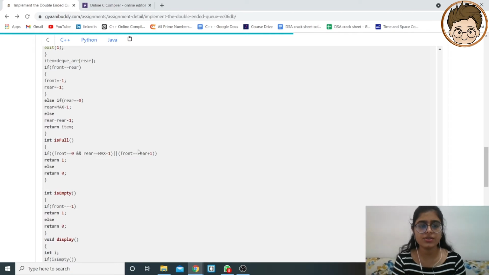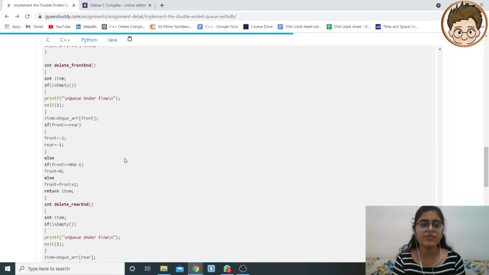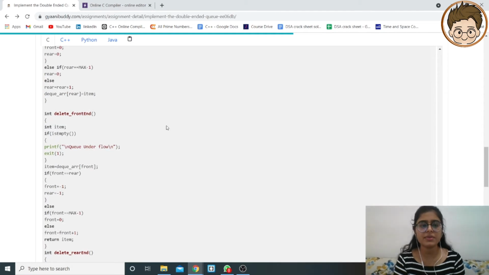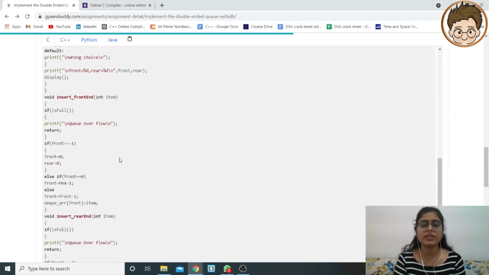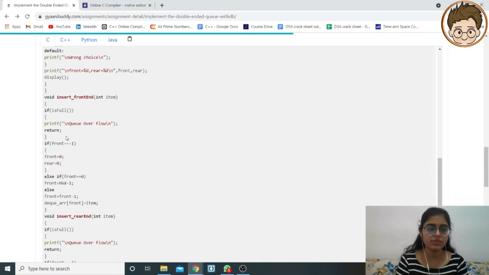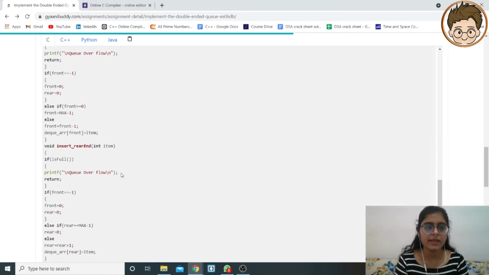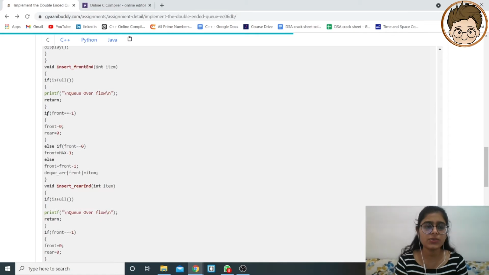This is the condition which I have already explained before. If this condition is satisfied, it will return 1, otherwise it will return 0. If it returns 1, then we print the message overflow, but if it does not return 1, we move ahead in the code. Now it checks one more condition: if front equals -1, then our queue is completely empty, right?